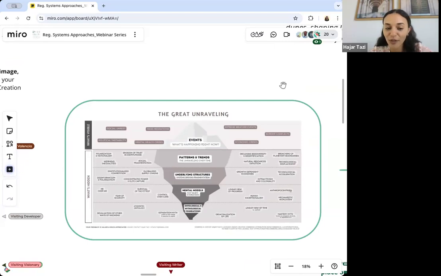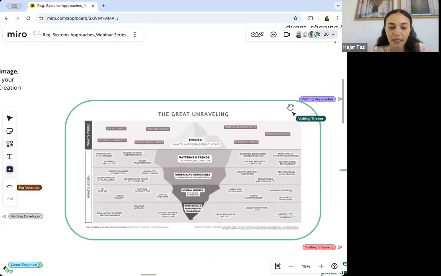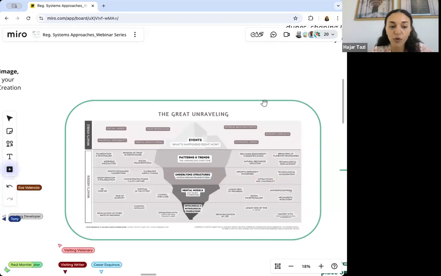And so today, to get us started, I'd like to just share two icebergs. This is the first one that offers a window into the deeper, often neglected drivers of the polycrisis and the Great Unraveling. The Great Unraveling refers to the social-ecological breakdown that we're currently witnessing. Iceberg models are a great way to help us make sense of what's visible, what is beyond the surface, but also what lies beneath the surface, which we often neglect.